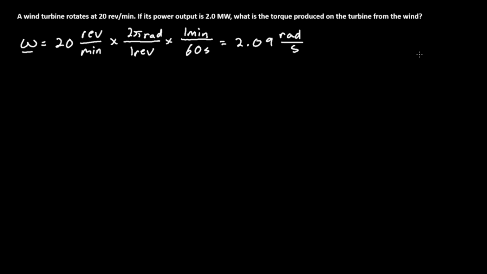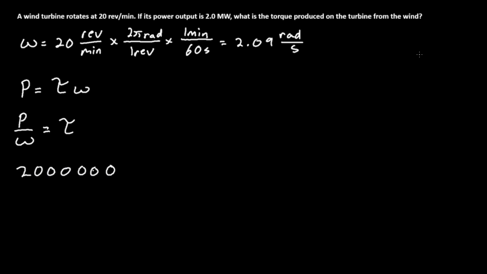Well, the reason why we calculated angular velocity is because we're trying to solve for the torque produced by the turbine from the wind. But remember that the formula for power is torque times angular velocity. So using angular velocity and using our power already given in the problem, we can solve for the torque. So when we isolate torque, you get power over angular velocity is equal to torque. So if you write down 2 million watts of power divided by your angular velocity, 2.09 radians per second,